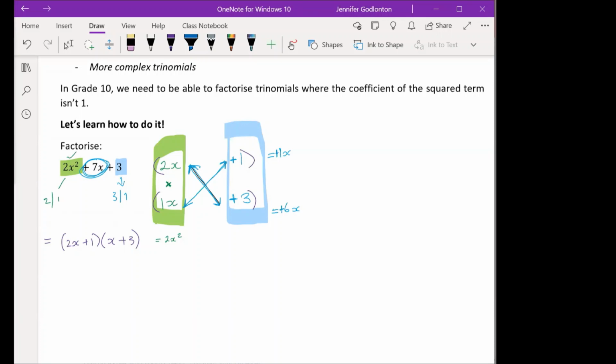I see what you're saying. Okay, so we're multiplying that by 2 because we're taking this number that we figured out here. So this 2x, because 2x times 1x gave us our first term, which was 2x squared. And that 2x over there multiplied by this 3, that's what gave us our 6x. But this bottom one, it was just a single x multiplied by a single 1, and that's why it's just 1x.